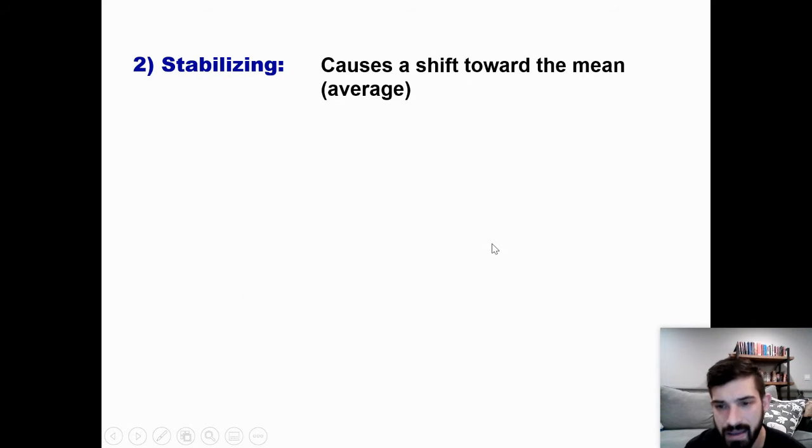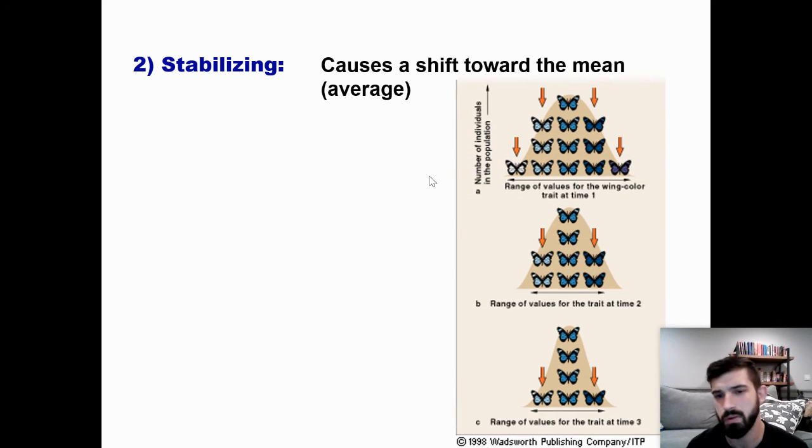There is a stabilizing shift, which is a shift towards the average, towards the middle. For example, with these butterflies, this could happen if the color for their butterfly wings was a polygenic trait, and if all of the butterflies in this species mated a lot, eventually they would all blend together and have less and less of the extremes and more of the average